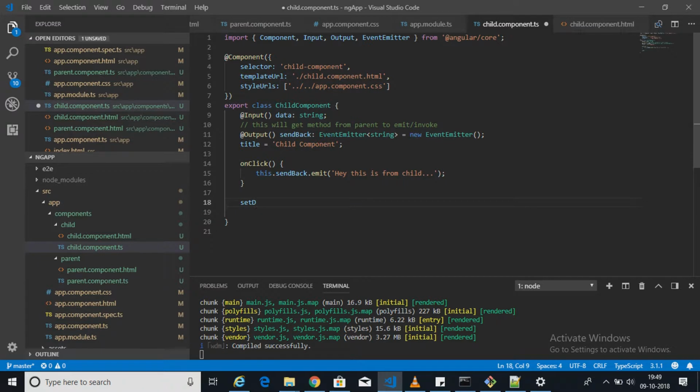So let's create one method called setData, which will receive one parameter, which should be val. Let's set this.data equal to val.